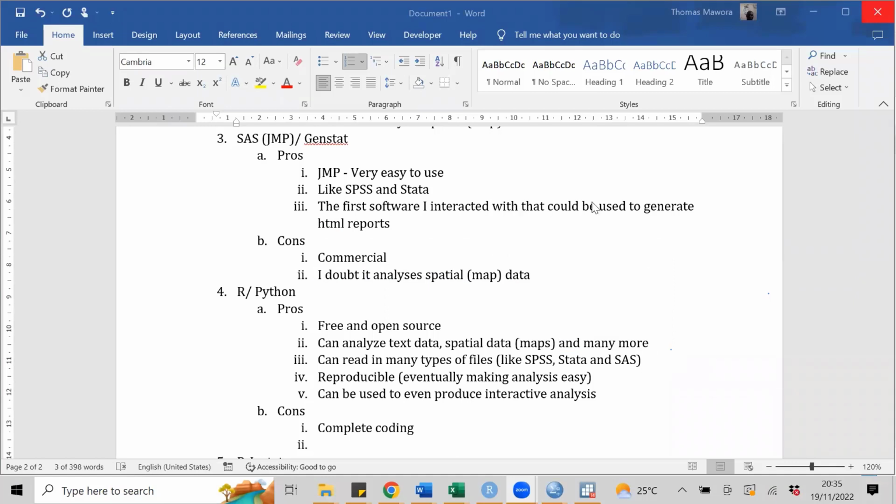Hello. Okay, mine is first to thank you for letting us know where someone should start from, for those of us who have no idea about statistical software or have not encountered any. I don't have a question, but I've known the kind of sequence I can follow if I want to learn something.